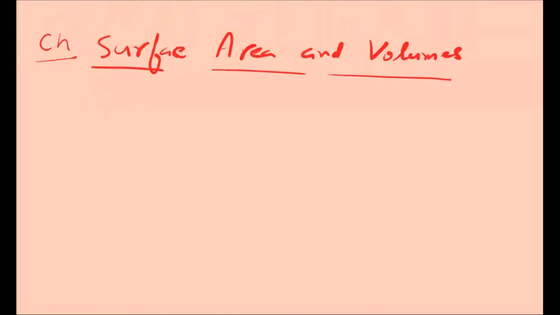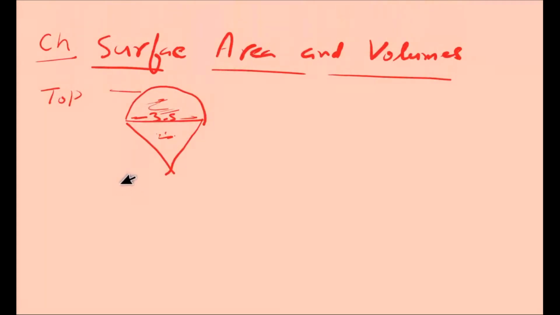I will not write the questions fully. I will write the questions to help understand the topics. Okay, here is a top like this, and you want to paint it. So where do you have to paint it? Here you paint it, and there you have to paint it. It is given that this one is 3.5 centimeter, and the height of the total top is given as 5 centimeter.